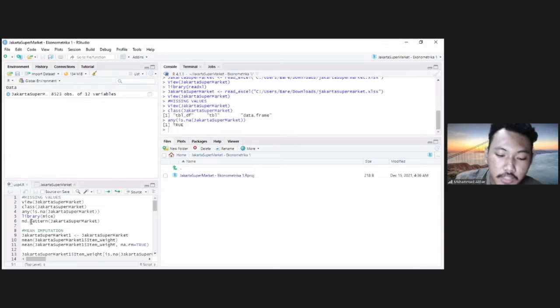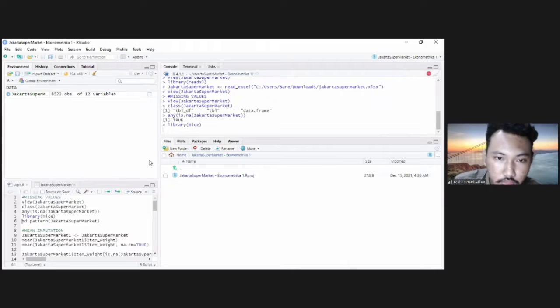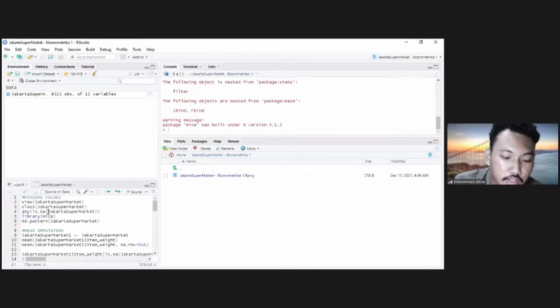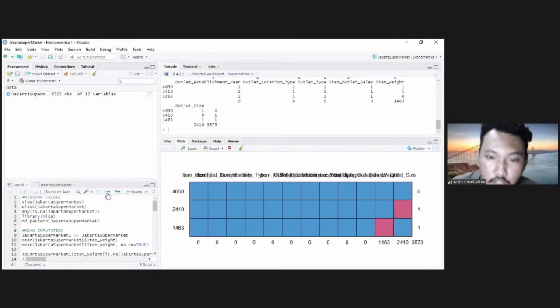Then use this command to detect which variables have missing values. Then we run the command. It shows the amount of data that is full and the data that still has missing values.